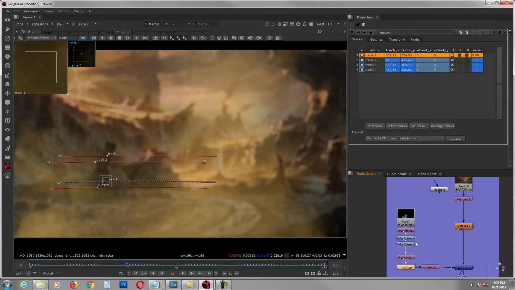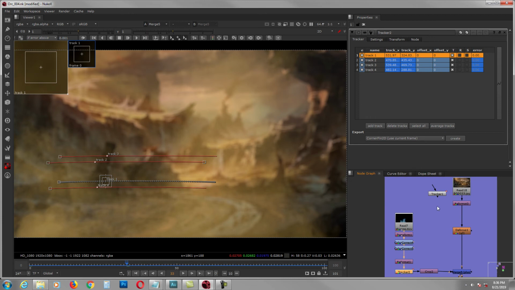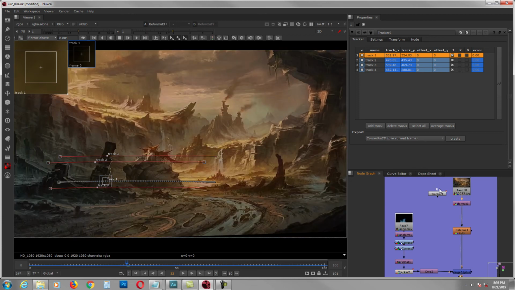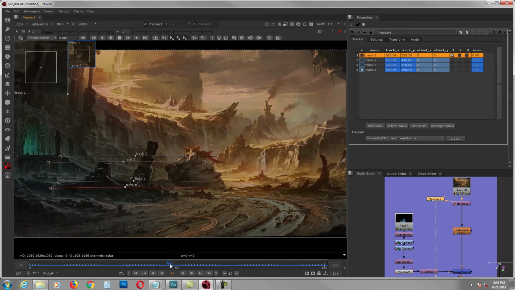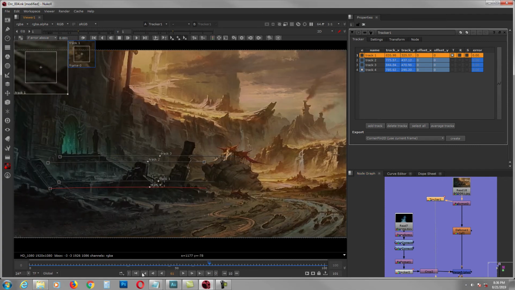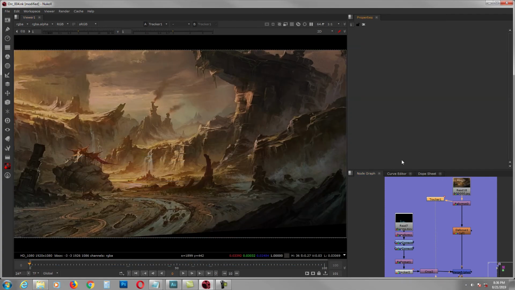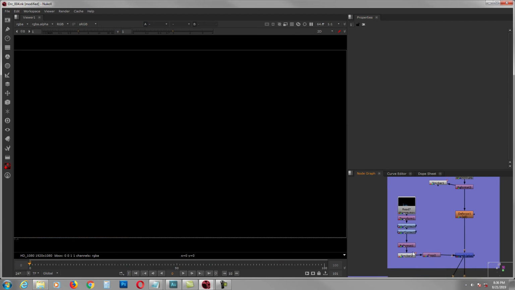I gave it a 4-point tracker on the background. So if you go here, right there, I track the background, and just copy it here